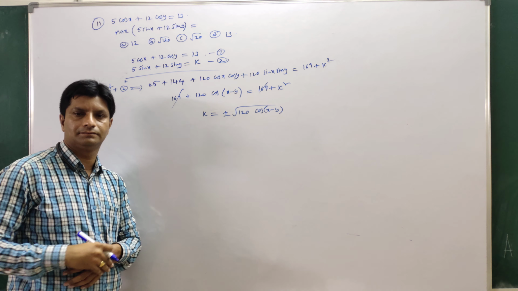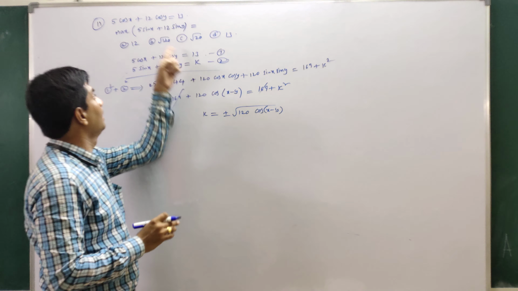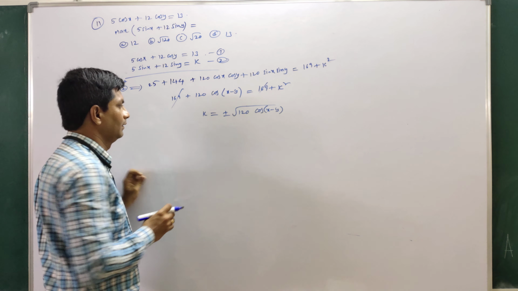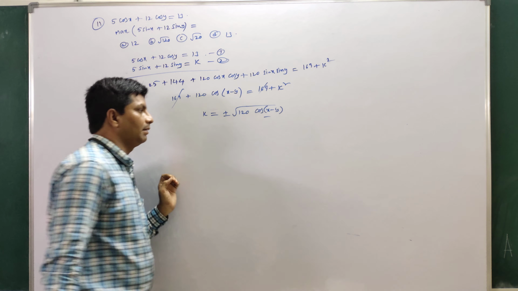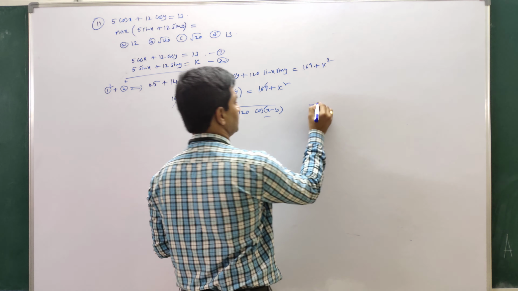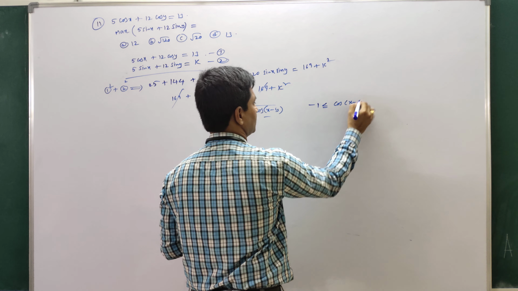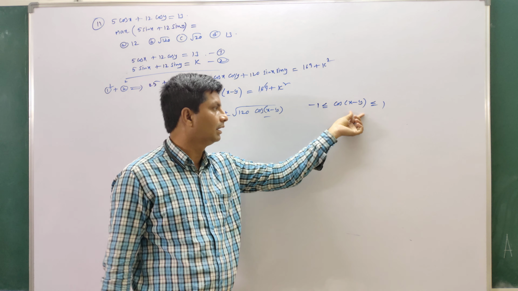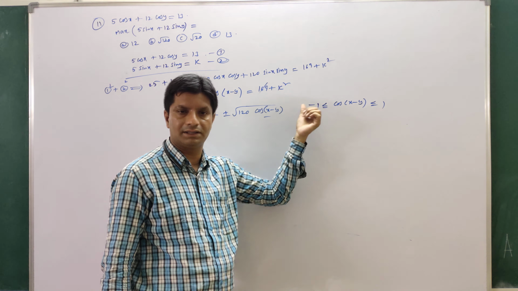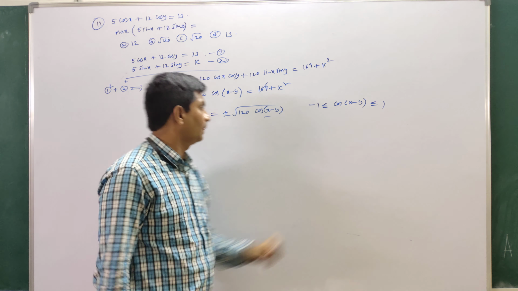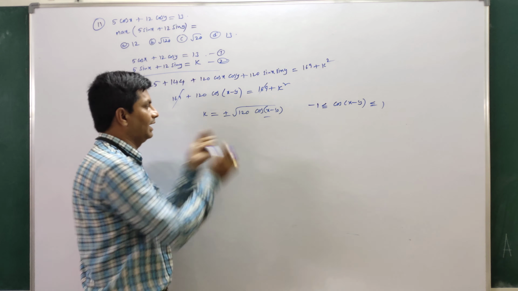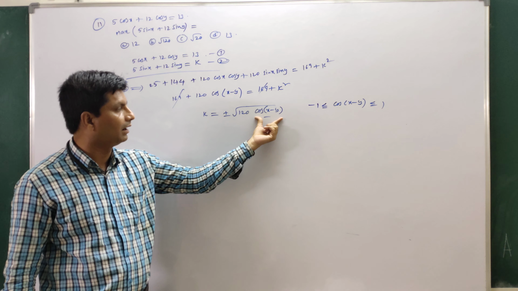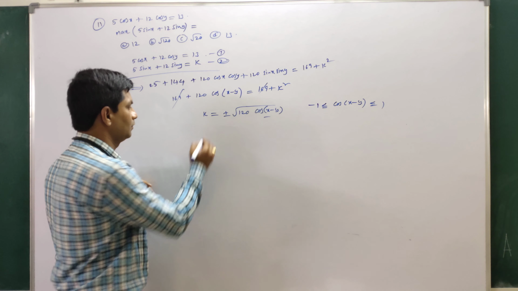Is it right or not? Okay. Now we have to find what? Maximum value of this expression. That means maximum value of k. Okay. What are the maximum and minimum values of cos theta? Minus 1 is less than or equal to cos theta. That means cos of x minus y, don't bother about the angle. Whatever the angle inside cosine and sine, don't bother. The minimum value of cos theta is always minus 1. Maximum value is 1. Okay. So if you want to get the maximum value of k, this must be maximum because 120 is always a fixed constant. So what is the maximum value of cos of x minus y? 1.